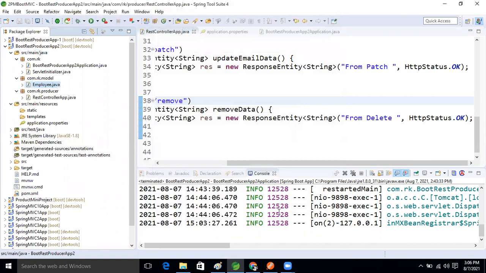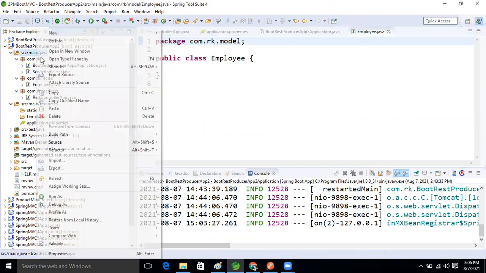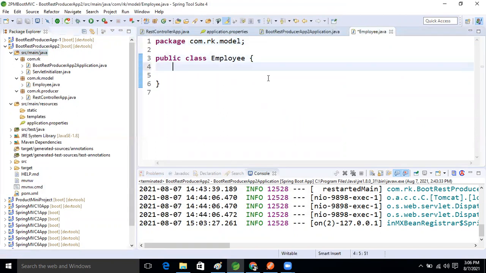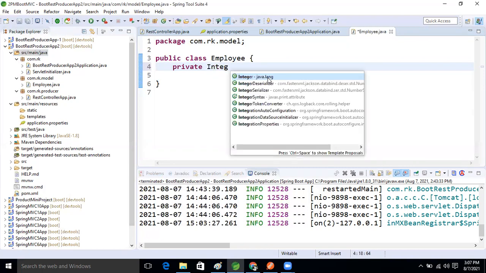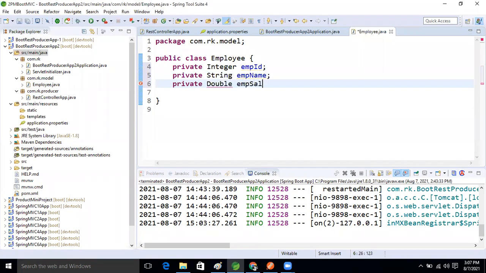Now click finish. Inside the employee class, take private Integer EMP ID, private String EMP name, and private double EMP cell.